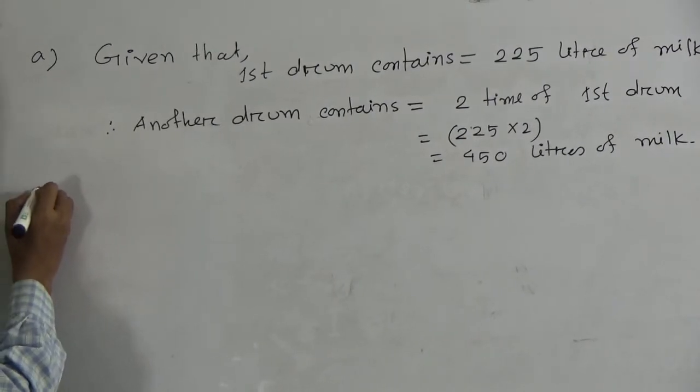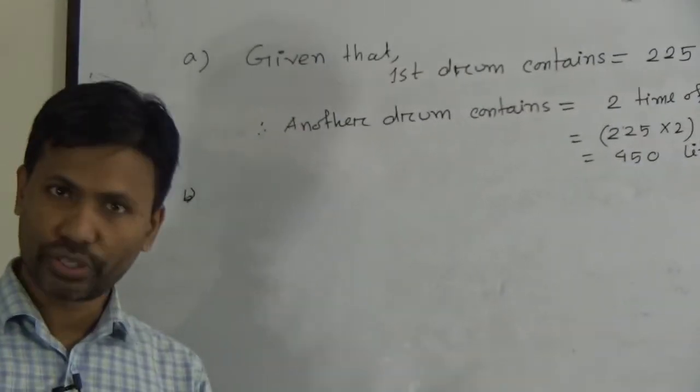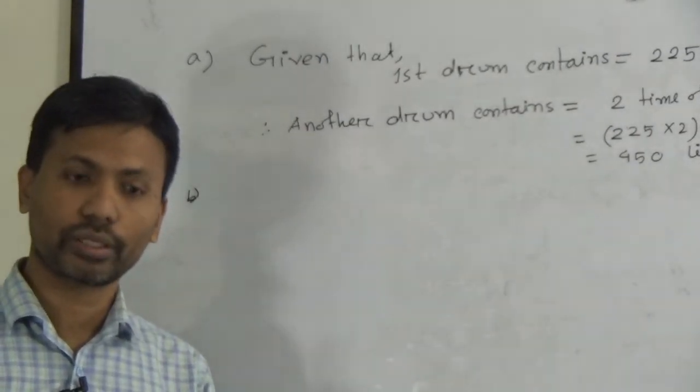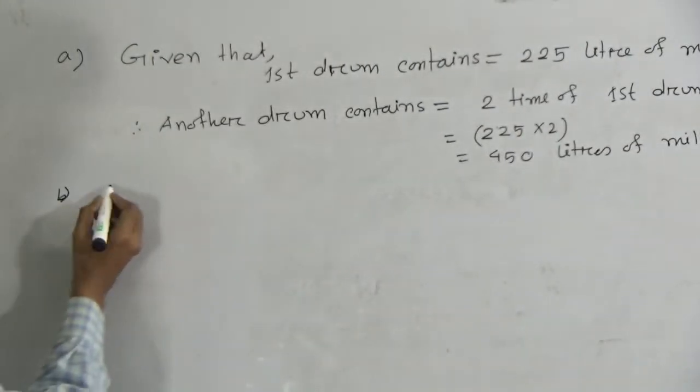Student, now we have to find such type of container so that we can fill up the 3 drums, and you have to select a maximum size of container which will contain more liters of milk. Okay. Now, write, we have